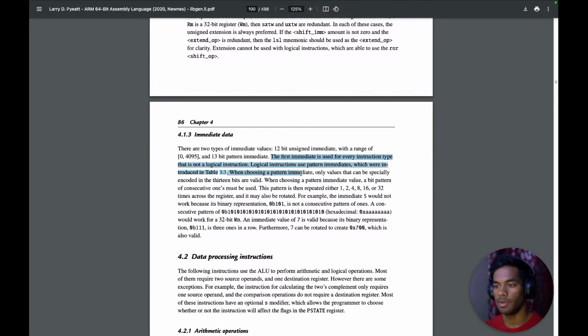When choosing a pattern immediate, only values that can be specially encoded in the 13 bits are valid. A bit pattern of consecutive ones must be used. This pattern is then repeated across the register and it may also be rotated. For example, the immediate 5 would not work because its binary representation